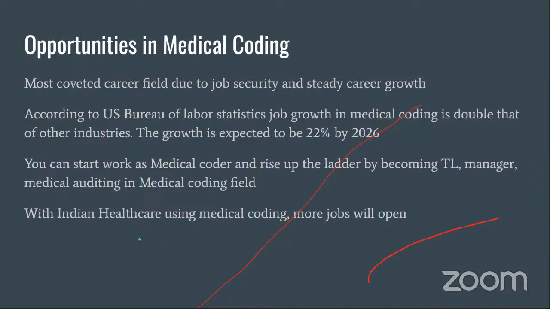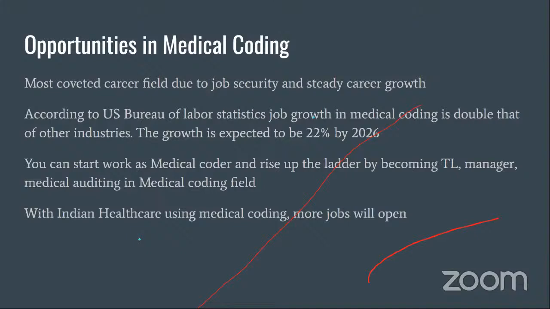Talking about India, the job market for medical coders is increasing. Southern India has already captured a large number of opportunities. In western parts of India, a lot more companies are setting up their operations. More offices and companies are opening up. As health insurance use becomes popular, I won't be surprised to see the Indian healthcare system using medical coding as well for processing their insurance claims. When that happens, that will literally open opportunities in every hospital, every clinic, everywhere, and of course, insurance companies.